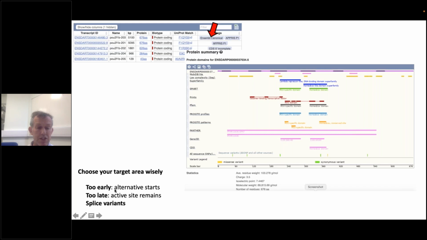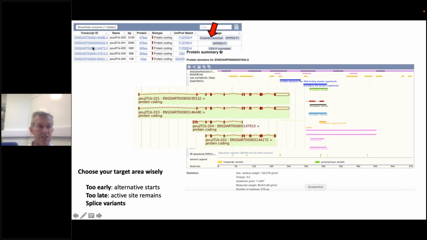Another important thing is to look at splice variants, and this can also be done simply on the landing page for the gene in zebrafish, and there you will get these different transcripts which you see over here. You can recognize them over here, and you can see that there are certain exons, as you can see, these ones and these ones, that are specific for certain isoforms or splice variants of the gene. And of course, if you want to create a knockout, you don't want to have this isoform knocked out, but not that isoform knocked out.